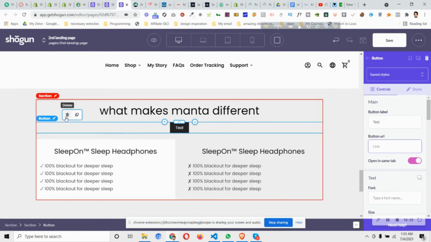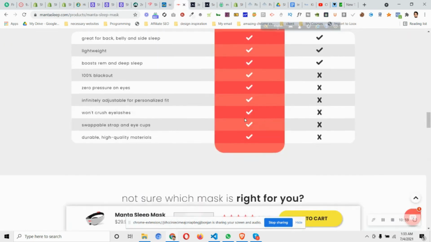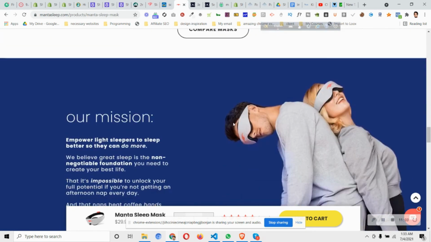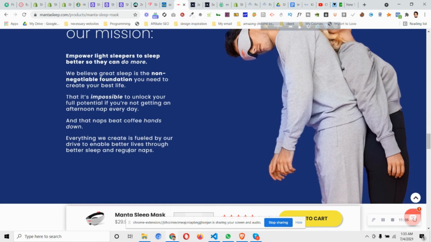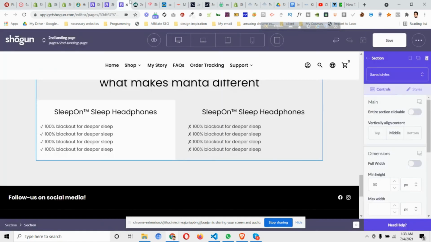Okay, so if you see the Mantra sleep mask, you can see they have a compare mask section, but in this case you don't need it. And then they have our mission and a few texts as well in that case. So they have an image, same image. So